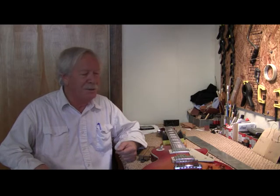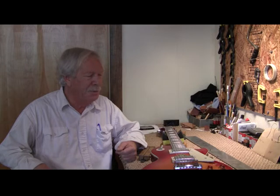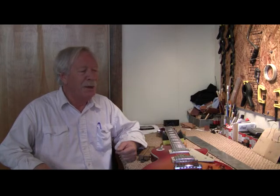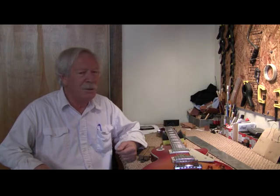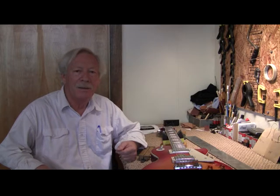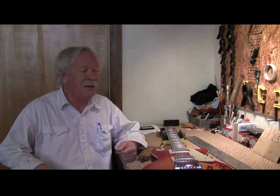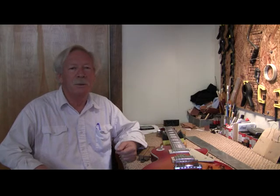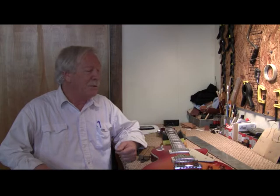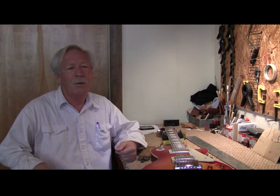The heart of the guitar, the heart of what I do, and what is most essential in a good guitar is not what it looks like, not who made it, and not what it sounds like. It's how it plays. You don't have to have the greatest sounding guitar in the world. What you need is the greatest playing guitar in the world. You can take a high quality Martin,